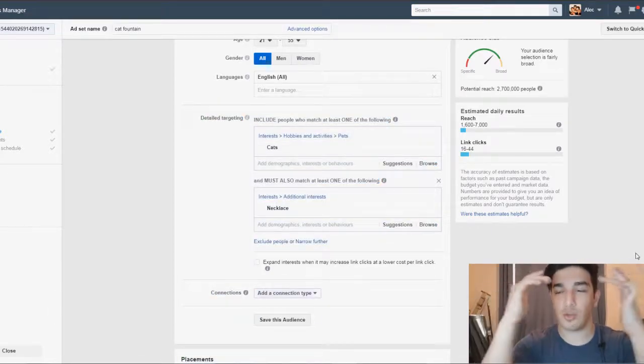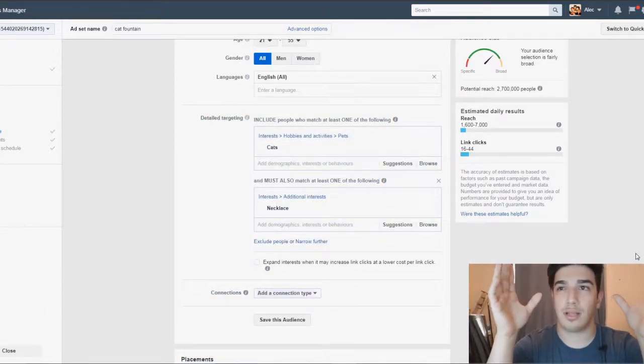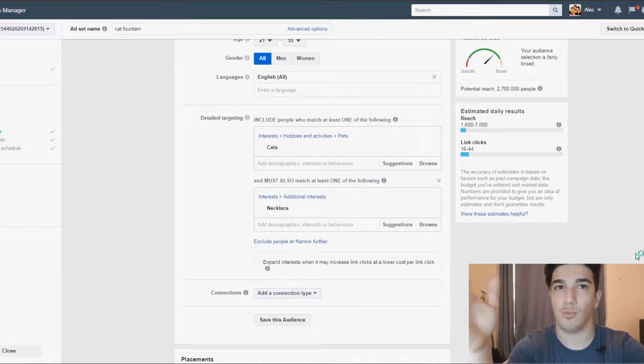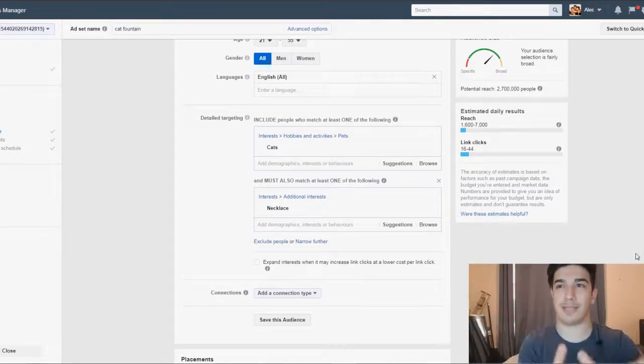And what you don't realize, guys, is that cats is such a broad interest group. Like, there could be a character in a movie that happens to be shaped like a cat person, and if they like that movie, Facebook will group them under the cat sub interest.